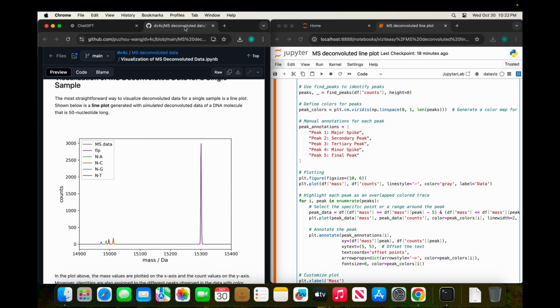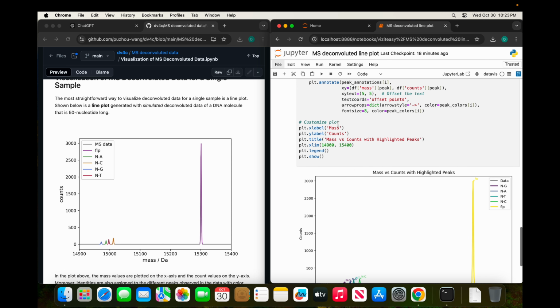Then we can try to match the annotation here. I think this is MSG, MSA, MST, MSC, and full-length product. So if we run this,